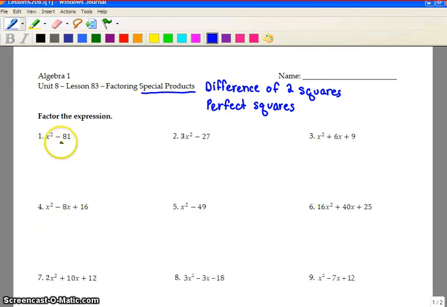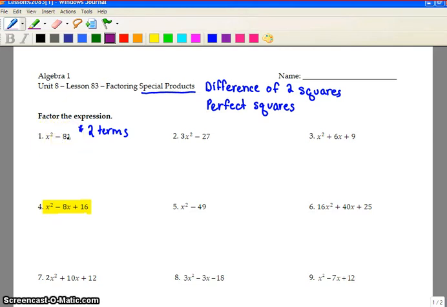I have an x squared minus an 81. The very first thing I should notice here is I only have two terms. Usually, when we are factoring, we are dealing with three terms, like this one. This only has two terms, so the moment I see two terms, I should think, is it a difference of two squares? Before I start solving any problem involving factoring, I need to ask myself, is there something I can take out of all terms? There's nothing I can take out of that x squared and that 81, so I'm going to go ahead with